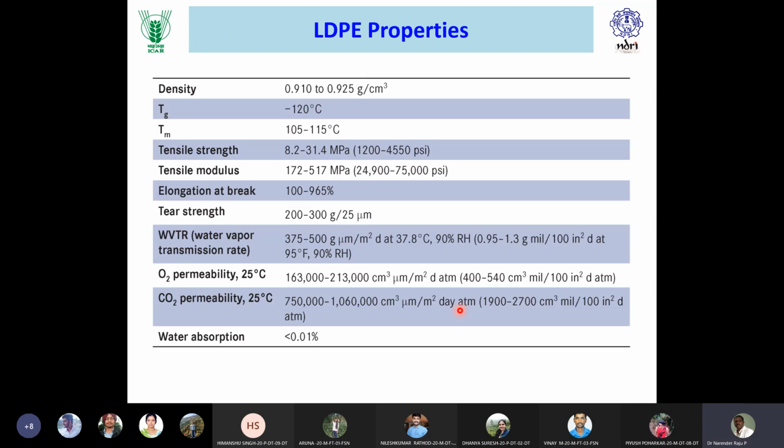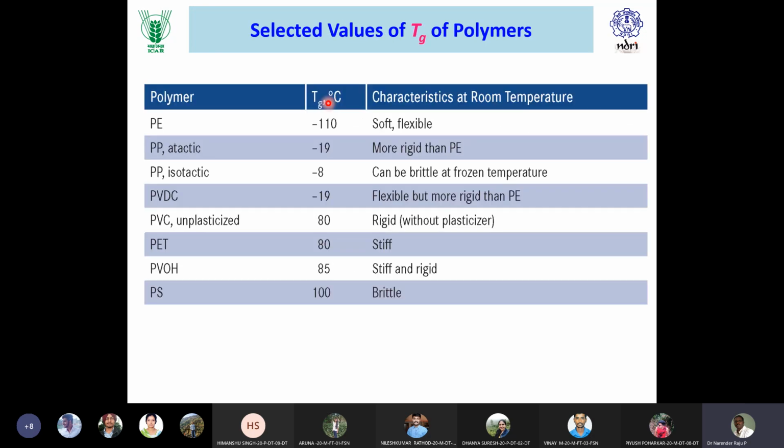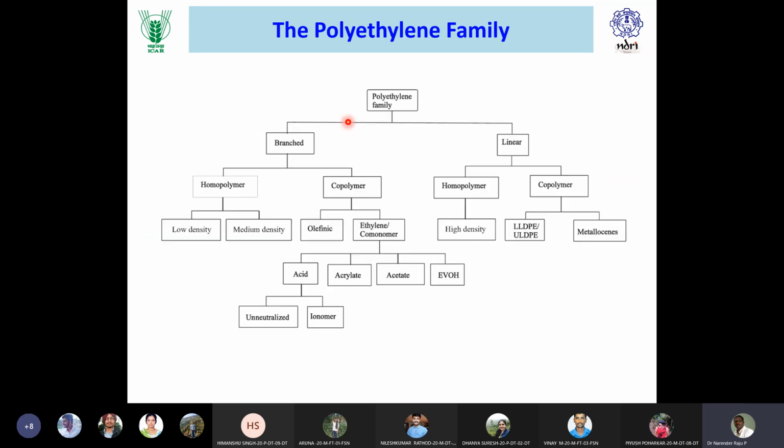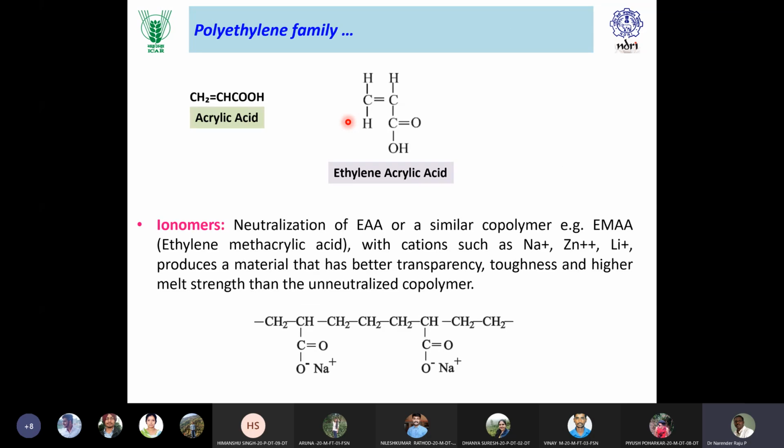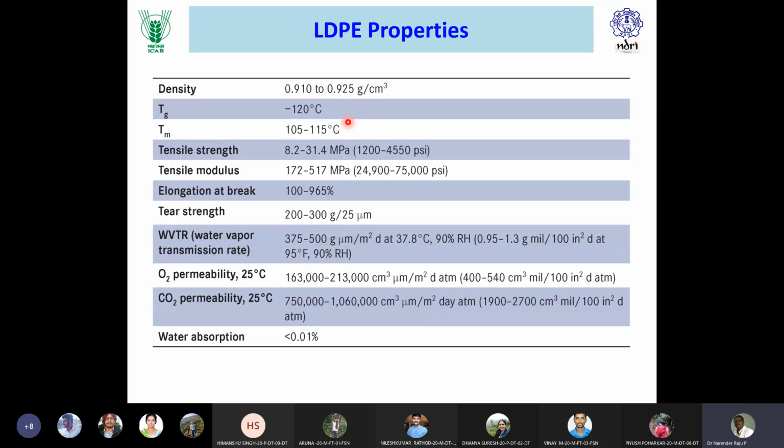So this you can go through later. These are the properties of LDPE, the glass transition property. Here you may see that it is minus 120, and in the earlier one I have shown it as minus 110. But in the previous class I have described anywhere between 105 to 115 or 120. So it varies depending on its amorphicity, crystallinity, density, and several other parameters. But in a nutshell, you can just note down that it is somewhere in that particular range.